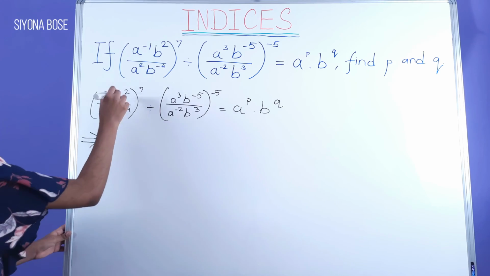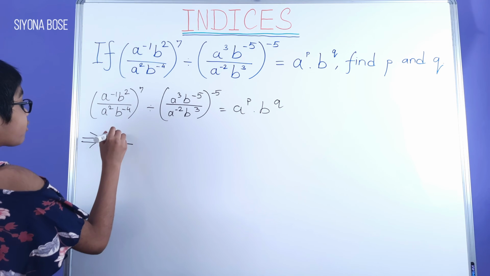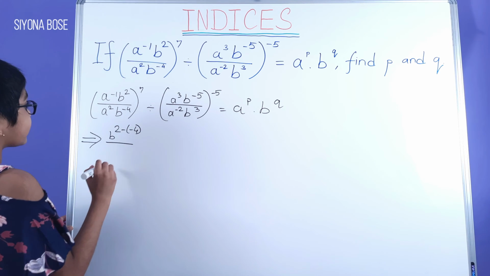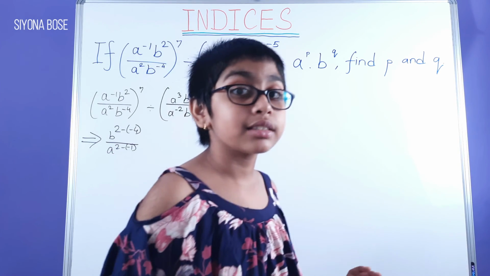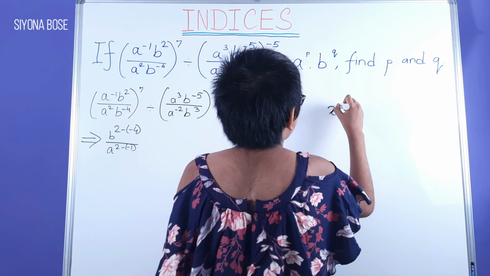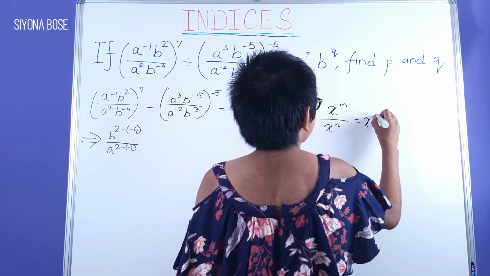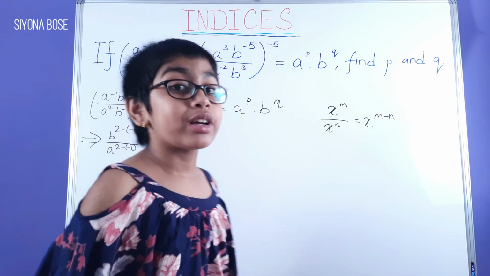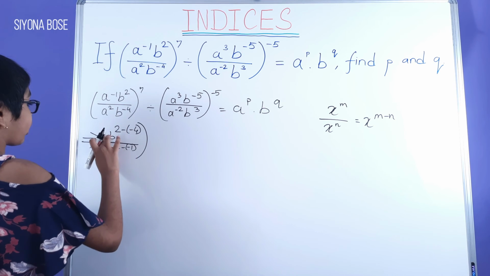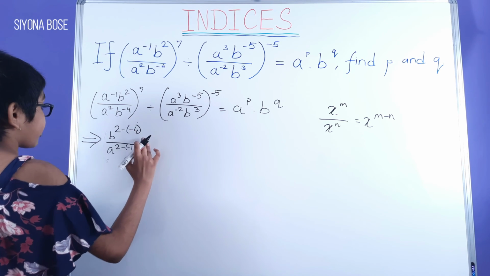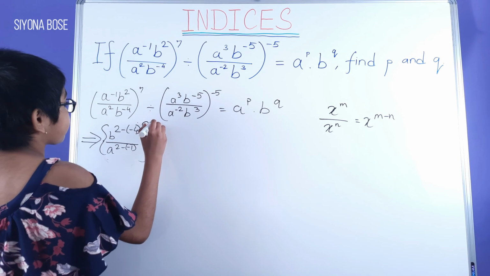Implies that we can write this as b to the power of 2 minus 4 and a to the power of 2 minus 1, because if it's like x to the power of m by x to the power of n, it is equal to x to the power of m minus n. So keeping that in mind, we get this whole to the power of 7. But here we should use the second bracket. To the power of 7